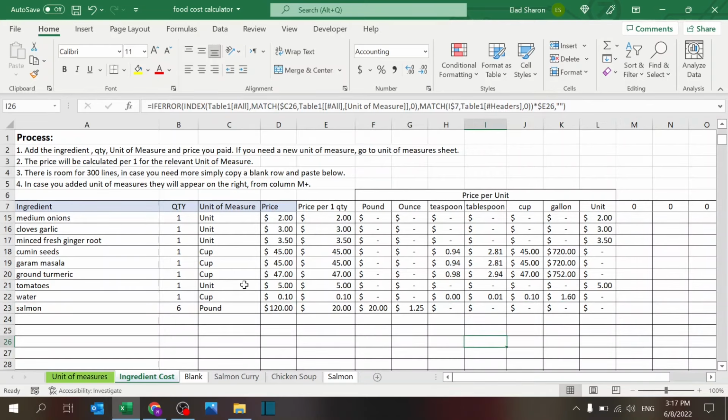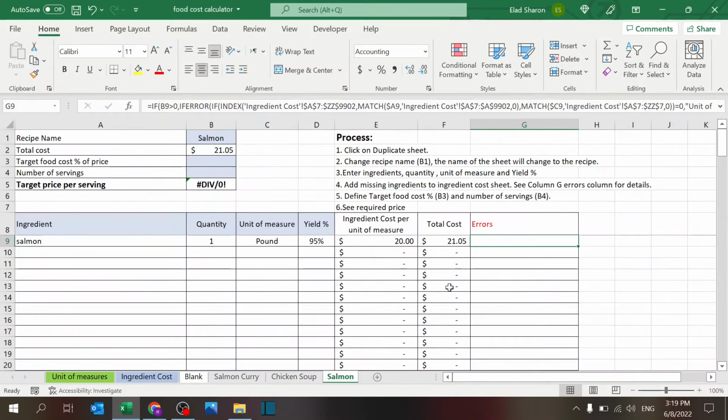For each unit, depending on what you select, it's going to convert the unit of measure matching the same field, so weight or volume or per unit. So you see pound converts to ounce and vice versa, teaspoon, tablespoon, cup, and gallon, and unit is the unit. So now that I added salmon and pound, you can see that the error here in salmon is blank. There's no errors. You can see the total cost is 20 USD, and the total cost with the yield is